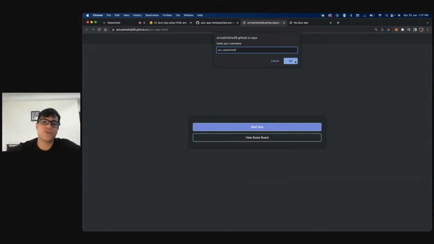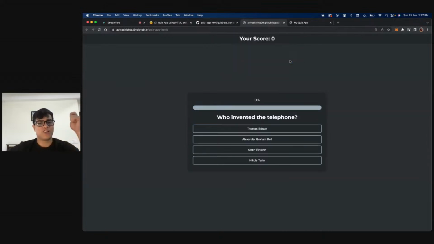So when the user clicks on OK, what did we do? So far, on the click of Start Quiz, we showed this prompt. In this prompt, when I click on OK, I will store this username. As soon as I click on OK, I have stored the username. I can show it on the screen as well. We will definitely show it on the screen too. Somehow I forgot about that. My bad. But right now the quiz starts. As soon as I click on OK of that prompt, the quiz starts. Now, when I say the quiz starts, what happens?